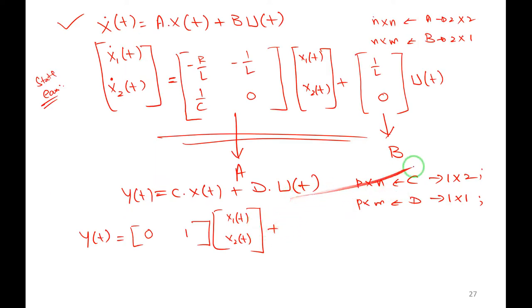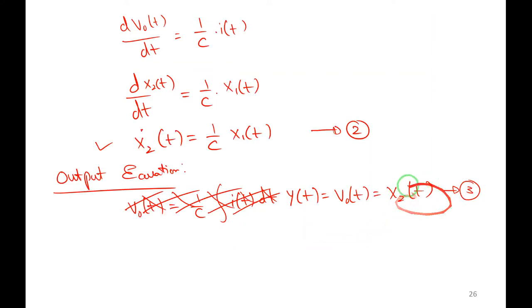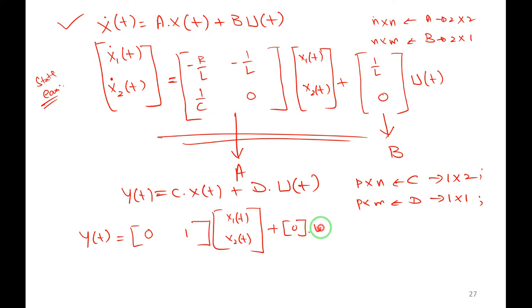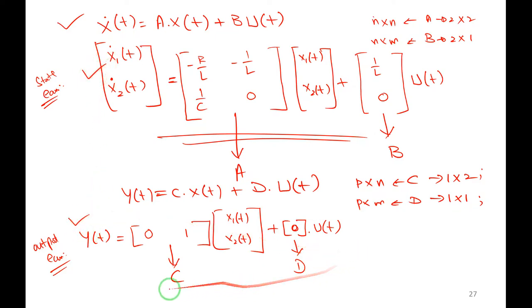Plus D is not there, it is a constant, 1 cross 1. So it is 0, because u of t is not there, right? The output is not depending on the input here. So it is 0 into u of t that I have written, because it is a 1 cross 1 matrix. So this represents the C matrix and this represents the D matrix, and it is constant here. It is 1 cross 1. So this is the output equation vector. And these two vectors together, we call the state model